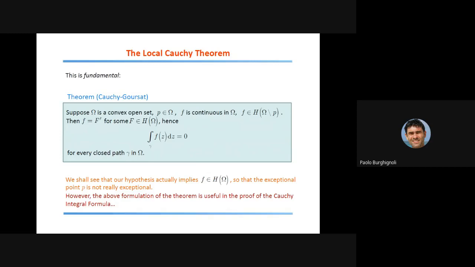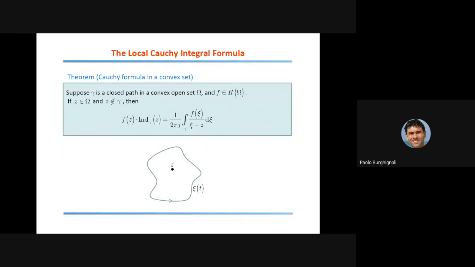So this theorem, the Cauchy theorem, is the basis of the so-called Cauchy integral formula, which we will present here for a convex set. If we now have that gamma is a closed path in a convex open set omega, and we know that our function is analytic inside omega, then if you pick an arbitrary point z inside our domain omega, and if you assume that this point does not belong to the closed path gamma, then you